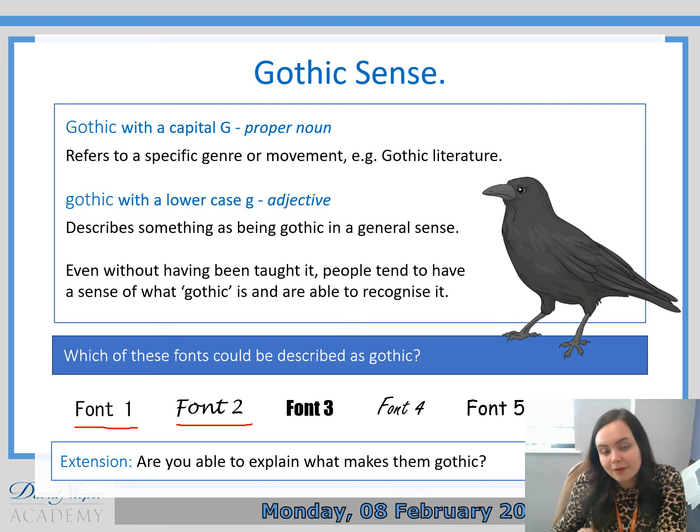Font 3 being very similar to font 1. Again, this one is said to be Gothic because of its thickness and its colour, again linking back to those ideas of Gothic that we looked at previously. Font 4, the same as font 2 in the fact that it's designed to be like a handwritten response. Font 5 being similar to font 1 and font 3, in that it's very strict and regulated in the style that it's written.